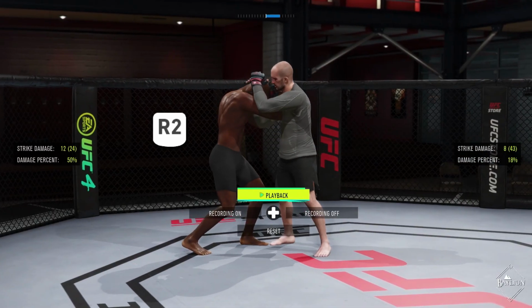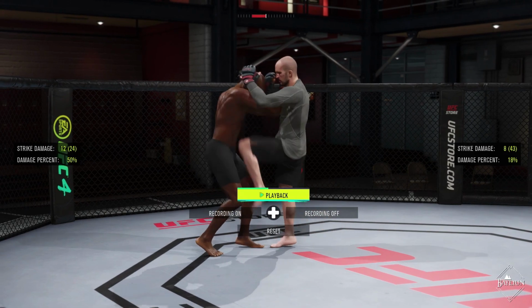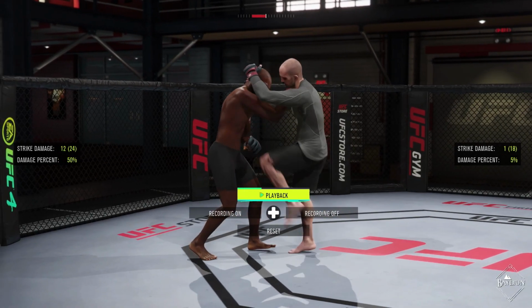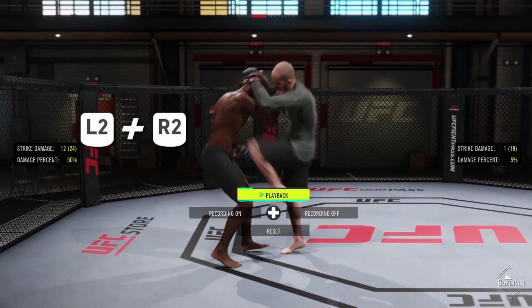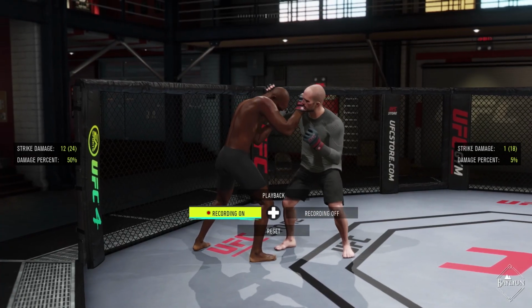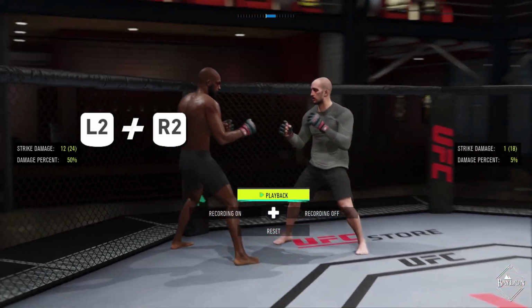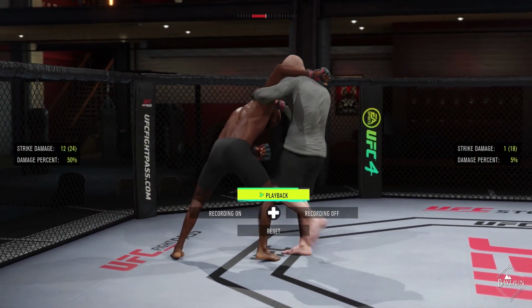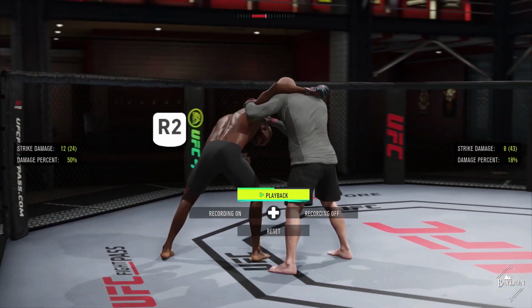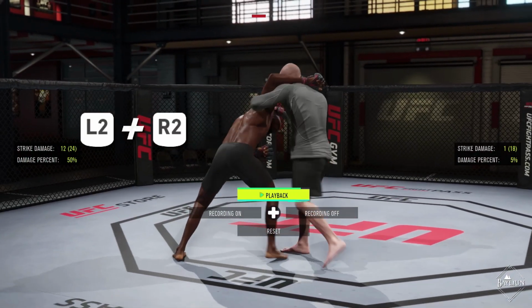If your opponent is throwing strikes to the head, you can press and hold the R2 button to defend yourself. If they are throwing strikes to the body, you must press and hold the L2 button and R2 button to defend yourself. If your opponent tries to take you down, you must press and hold both the L2 and R2 button to defend. If your opponent transitions to the over-under position, defending strikes is the same. Use the R2 button to block strikes to the head